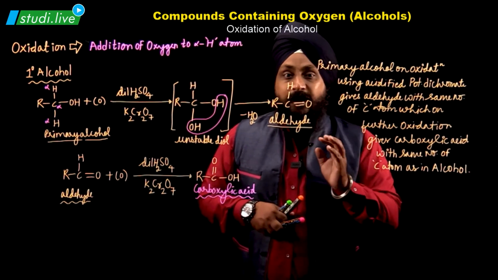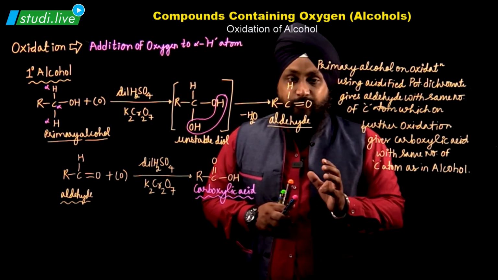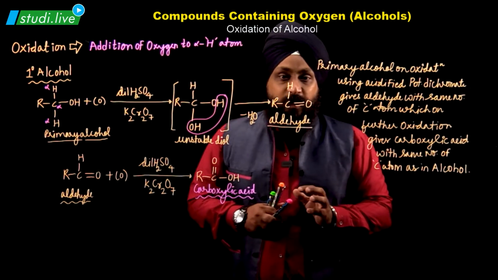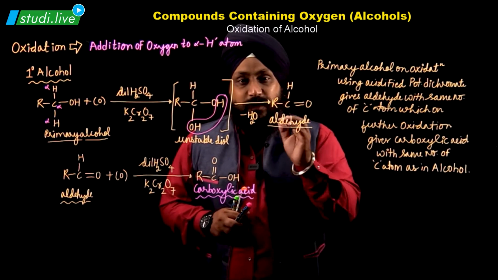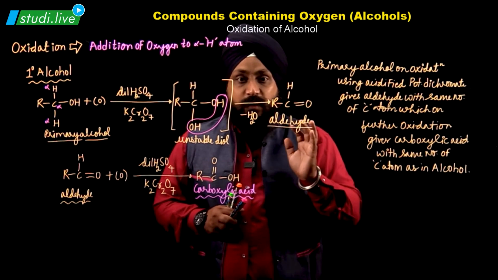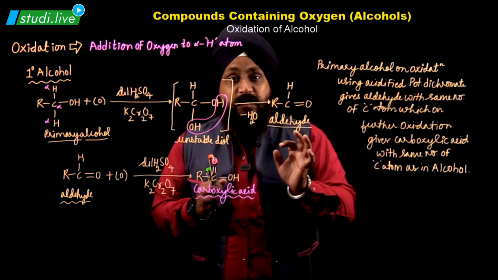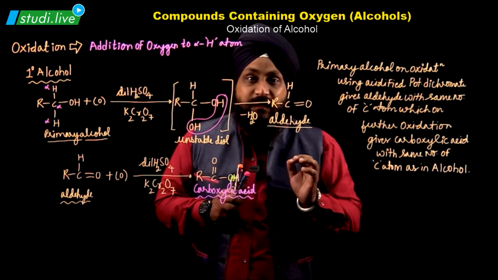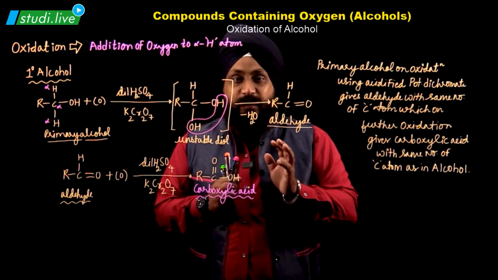Okay, and that is possible for what? Lower alcohol and aldehyde, where the difference in the boiling point is going to be large. So what you can do is, as soon as aldehyde is formed, it will be distilled out, so that your aldehyde is not getting further oxidized. But this will be working, students, only for lower alcohol and aldehyde, because the difference in the boiling point is large.